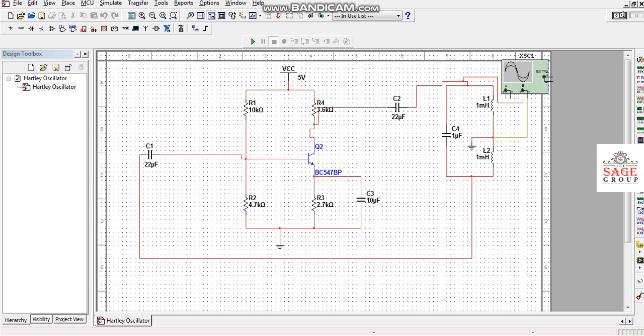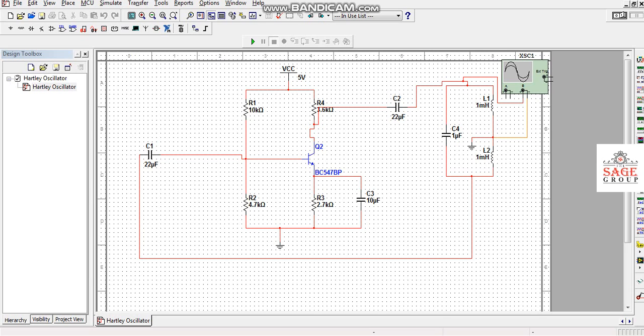This is the circuit diagram of the Hartley oscillator. Here we are using the transistor BC547BP. This is the rating of this transistor. Here we are using 4 resistors R1, R2, R3 and R4, and this capacitor C3 is in parallel with this resistor, and here this tank circuit is there.